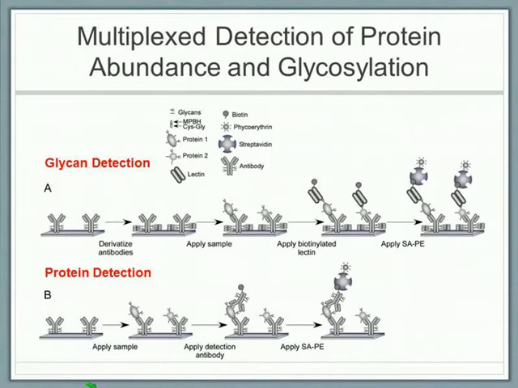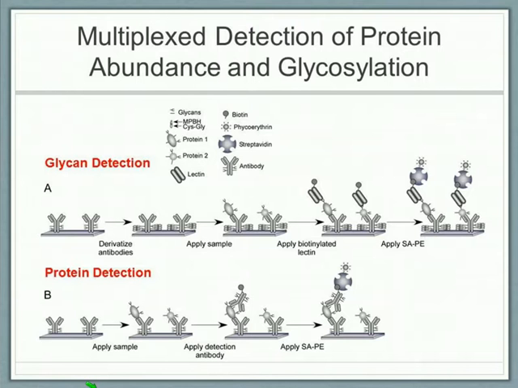I wanted to also show you that the multiplex detection can be used for not only protein detection but glycan detection. That's a format we've really worked hard at, and we found a lot of value in biomarker studies because in many cases in disease situations, not only the protein abundance can change, but also the glycosylation on the protein can change. So we found that if we detect both the protein abundance and the glycosylation, or specific glycoforms of a protein, we can get more information about a disease state.